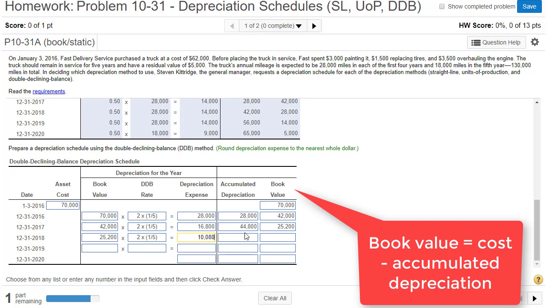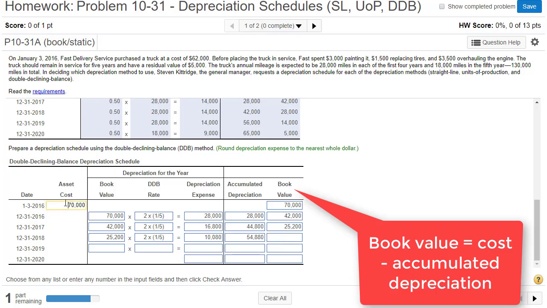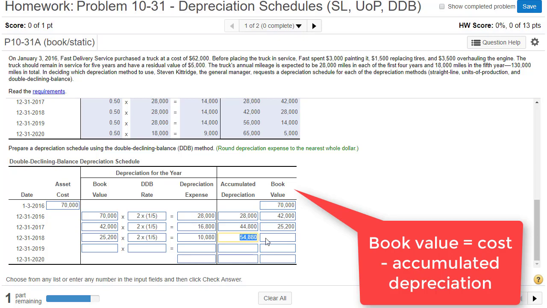10,080. And our accumulated depreciation for this year is going to be the previous accumulated depreciation plus this year's depreciation, which gives us 54,880. Which means our book value for this year is going to be the cost, $70,000 minus 54,880, which gives us 15,120. So we're going to carry this over, bring it down here as a book value for this next year's